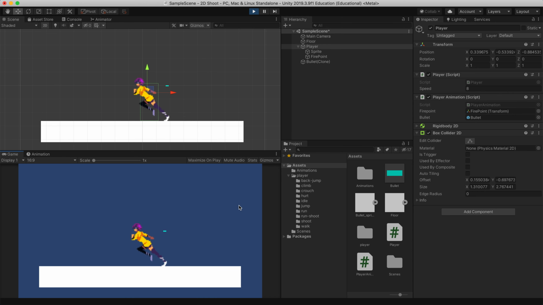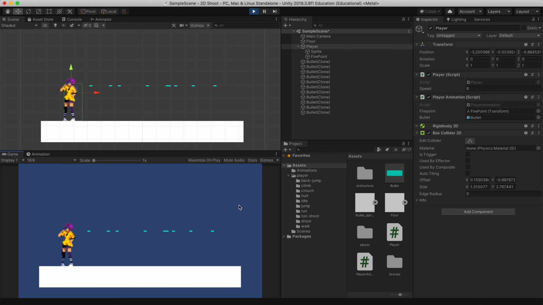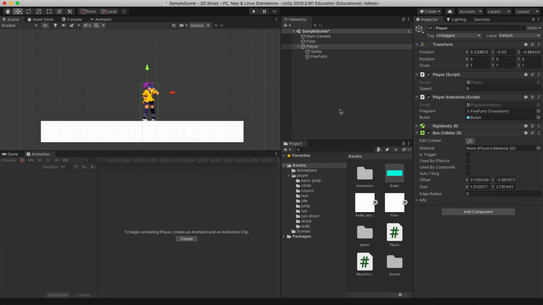Lovely. So as you can see, we're running around, and when we shoot, our bullets are popping out, but they're not moving anywhere. We can deal with that though. And as you can see, we're also shooting this way, but we're shooting the opposite way. Don't worry, we'll get the shooting flipped as well. Do not worry about that. What you're going to do is save that there. Okay, let's